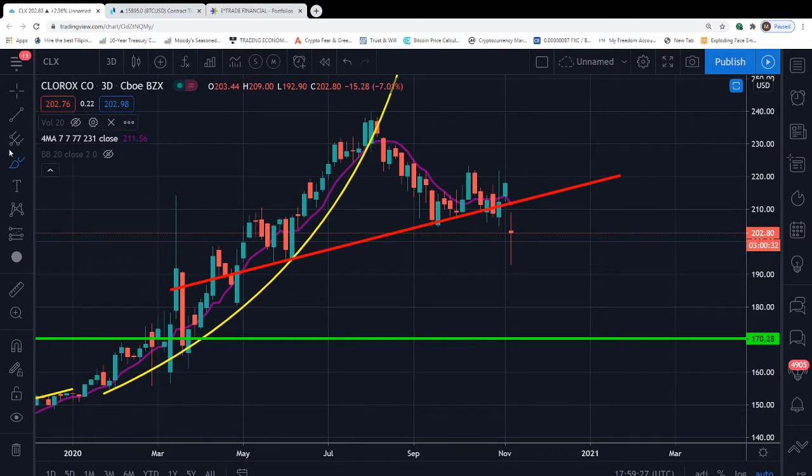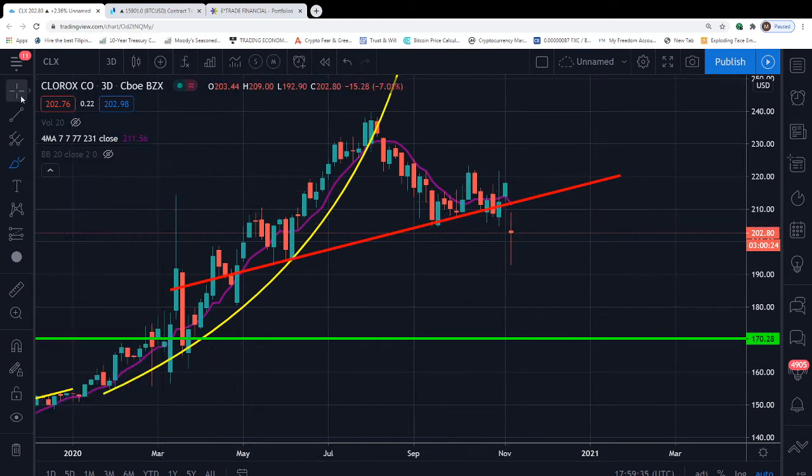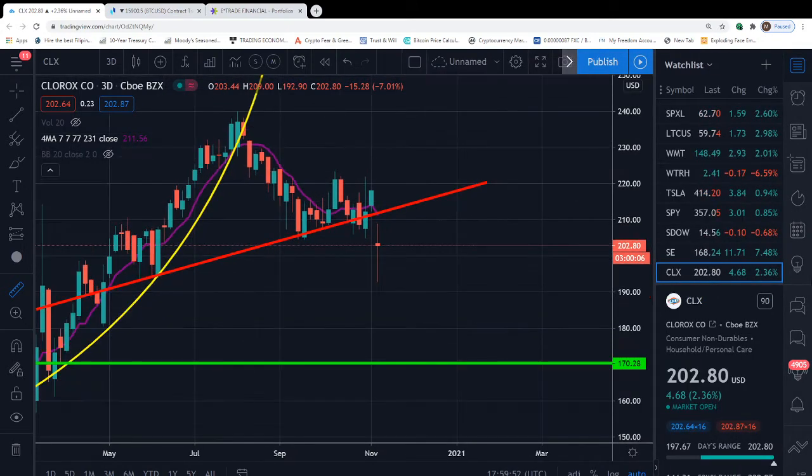This 3-day candle is actually going to close in 3 hours. I'm going to say that I'm still going to have a neutral stance here. Although it does look like an official break below this line, but obviously within 3 hours, if Clorox decides to move to the upside about 5% more. Again, it's up about 3% for the day. So it'd be a total of about, let's just call it, 7 or 8%